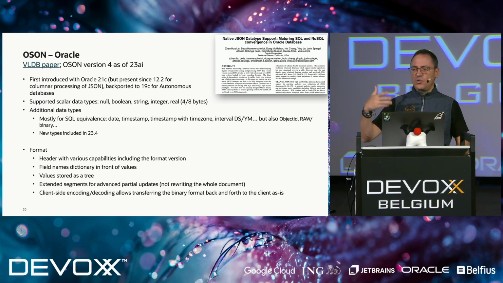So that will allow you to detect at the application level if you're dealing with an older version of your definitions or a new version. We have a dictionary of field names, so it's easier to deal with duplicates. The values are stored as a tree, and this gives us a better advantage, I believe, with compression. So we'll see that in a moment. We also support client-side encoding and decoding, again, for the same reason. So you consume the binary directly at the application level instead of just reading character data.